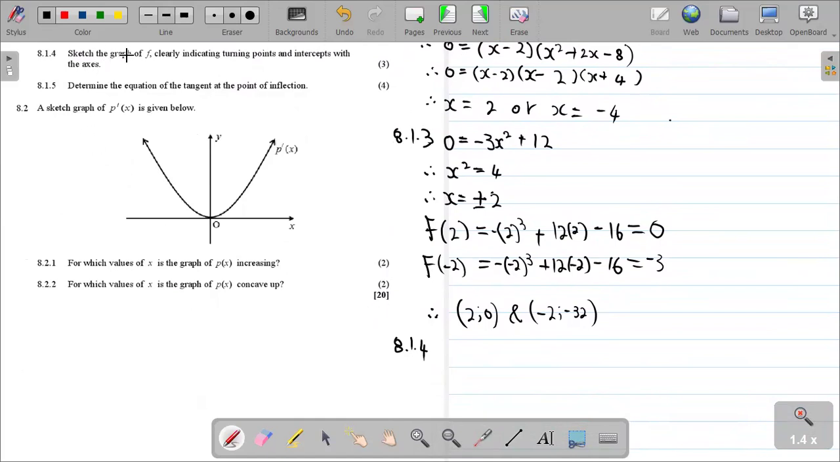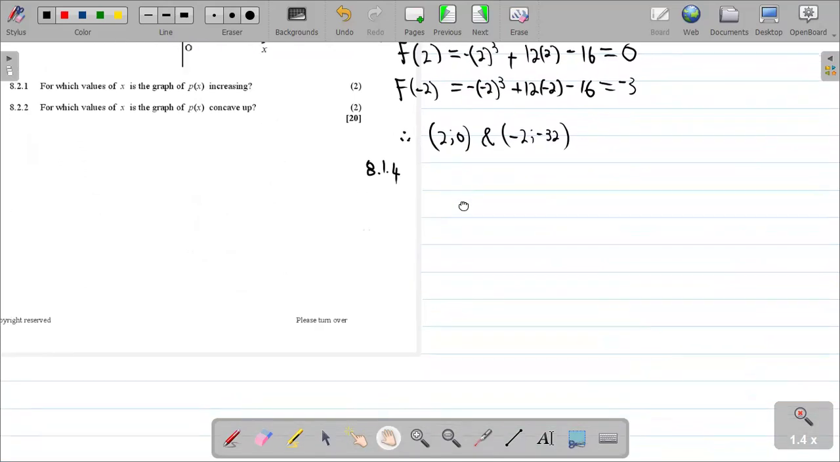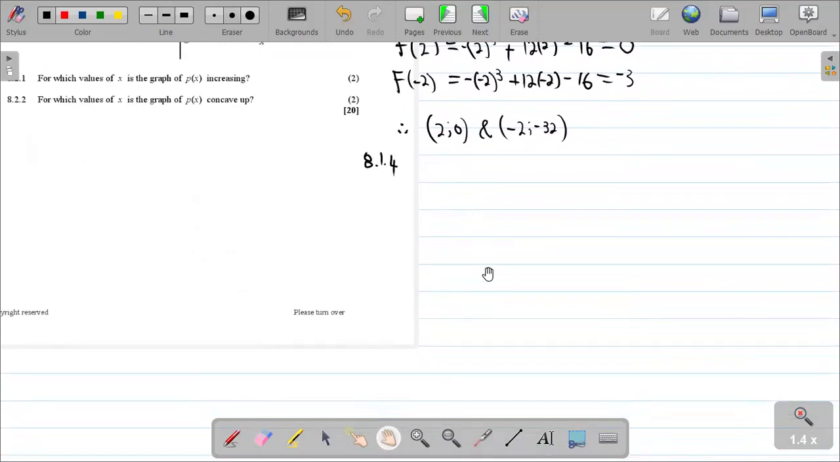Now, sketch the graph of f, clearly indicating the turning points and intercepts with the axis. So we know the coordinates of the turning points here, isn't it? So we are going to say